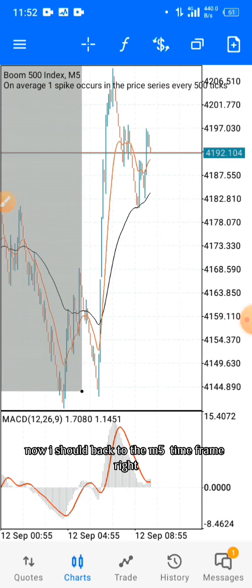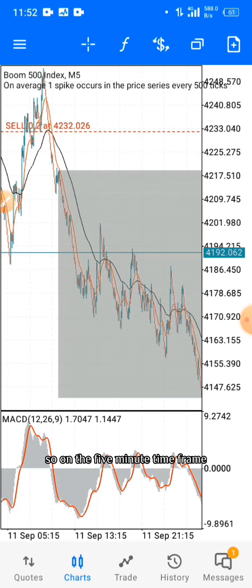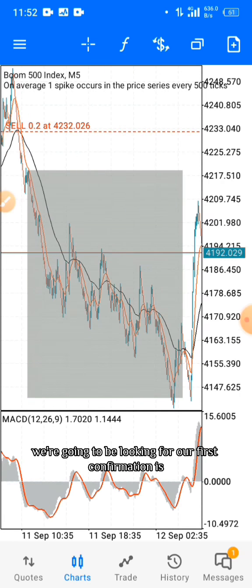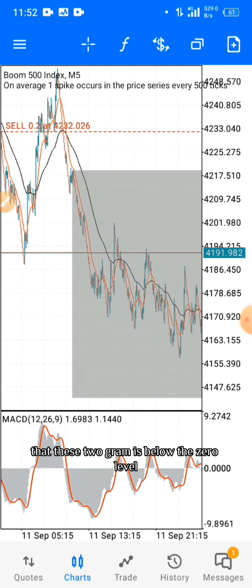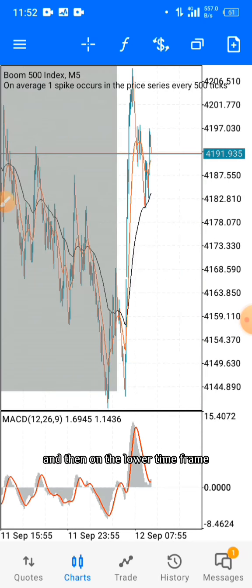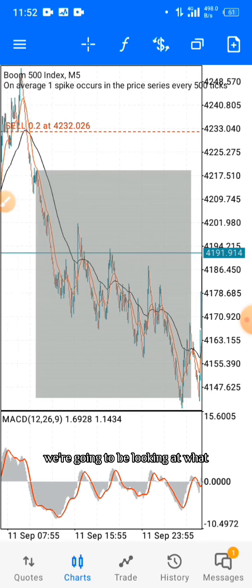Now I shift back to the M5 time frame. On the 5-minute time frame, our first confirmation is that the MACD histogram is below the zero level on a higher time frame, and then on the lower time frame, either the M5 or M1, right? We're going to be looking at